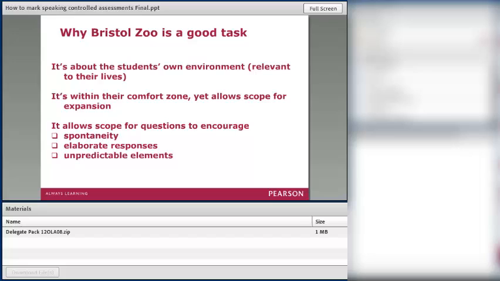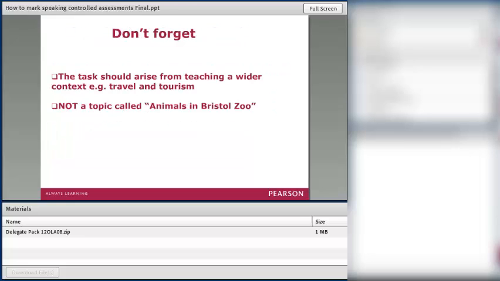So that's really all we've got time for, I'm afraid. But I'm going to be here, so you can ask me any questions you want. And just as a final point, you can do all your teaching and set your task to arise from that context that you've taught them, and hopefully then that will lead to good